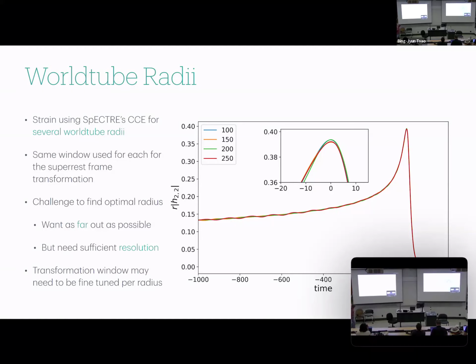This is one of my less polished plots. It was one of the most recent things that I've done, so I'm still working on it right now, because for this one, I was using the same window, that T0 and padding time, for all of them. And you can definitely see that some of these still have some solid wiggles. So that might be inevitable.